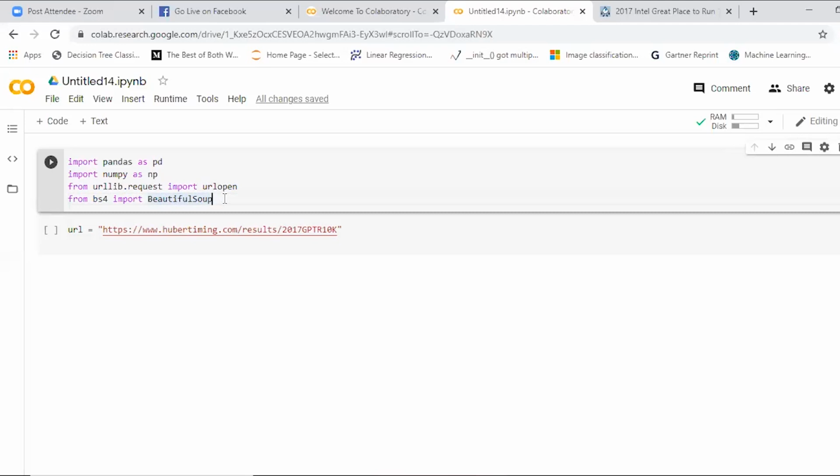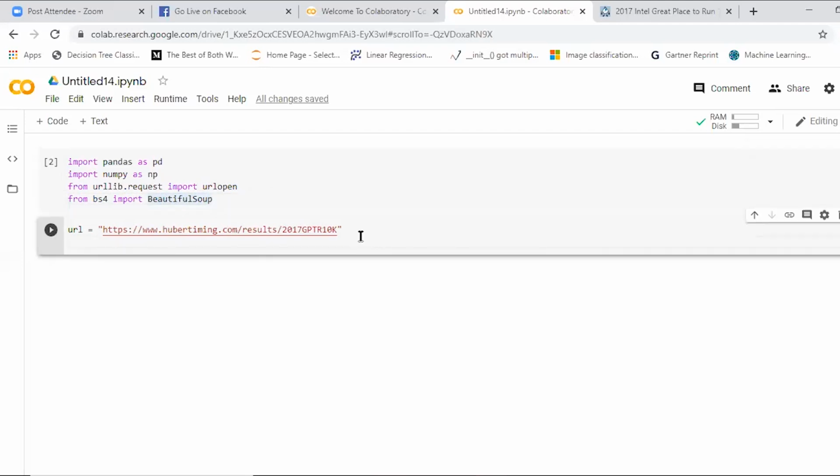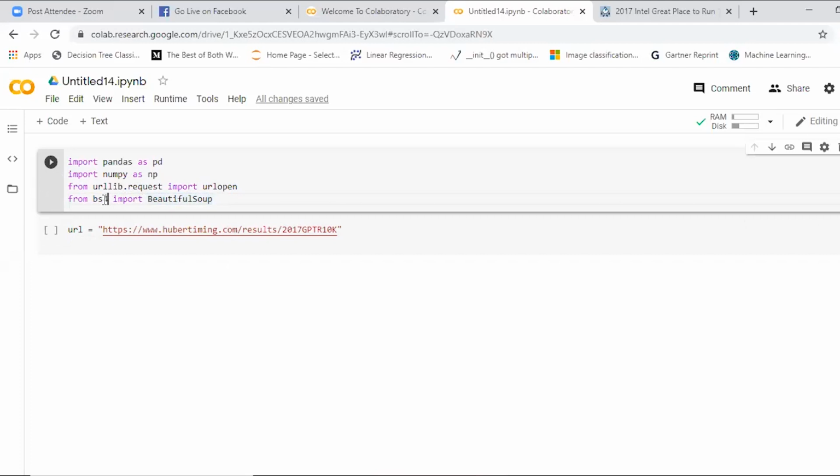urllib is used to open that URL, because you're just mentioning the URL. Your Python program will open that URL and will paste the content directly here. We'll see the HTML tags, tables, all those things. Yes, those are older versions. See, in Python we have 3.x and 2.x versions. In the same way, we have older versions. The updated version is bs4. That is the reason I wrote from bs4 import BeautifulSoup.